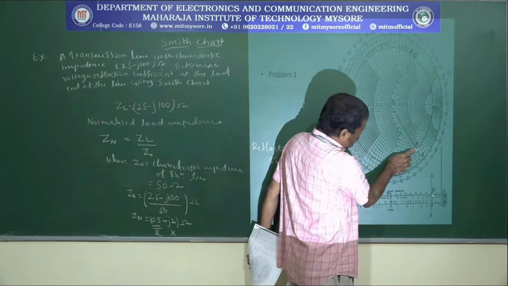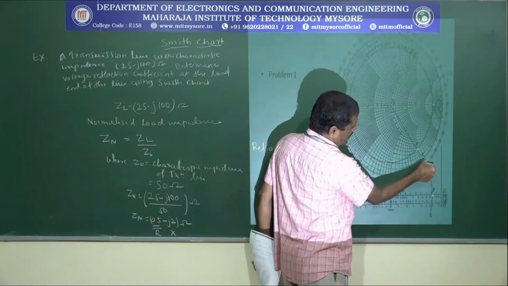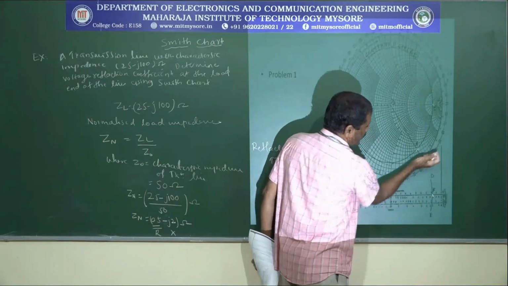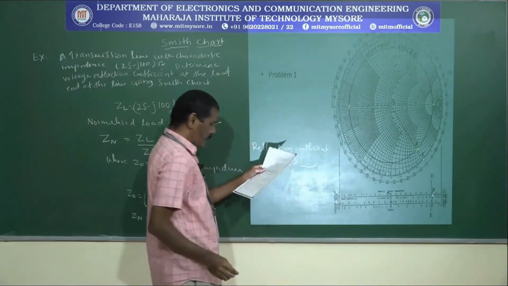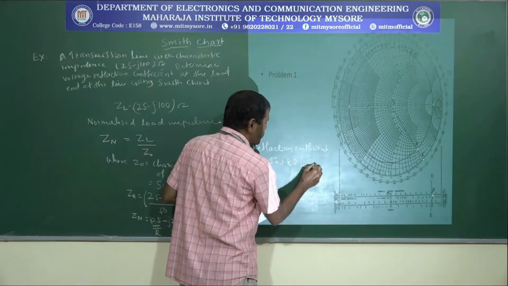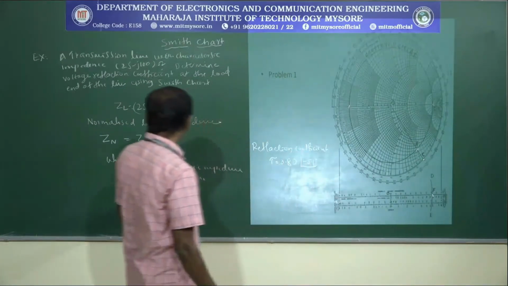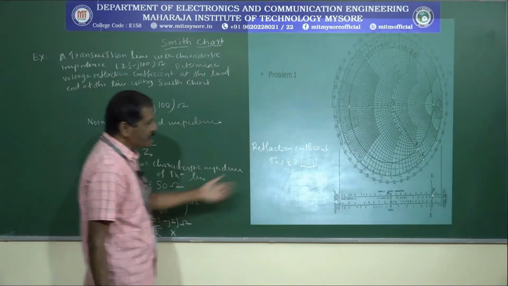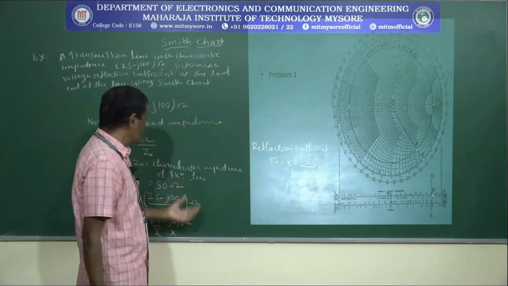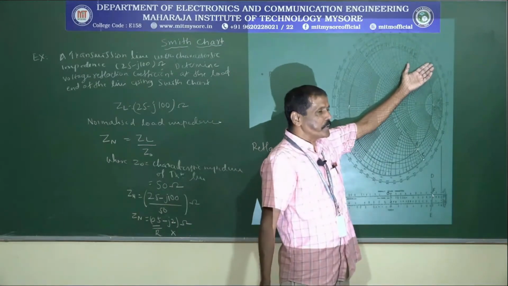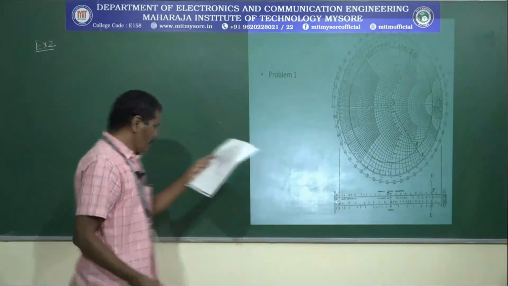Then this particular point which you have marked here, extend it up to the next circular line shown here, and at this point you are getting an angle equal to minus 51 degrees. Why are you getting minus 51 degrees? Because our reactance is a capacitive reactance, we are taking the bottom part of the chart. And if your reactance is inductive, then we are going to get the angle in positive terms. Now let us consider one more problem.